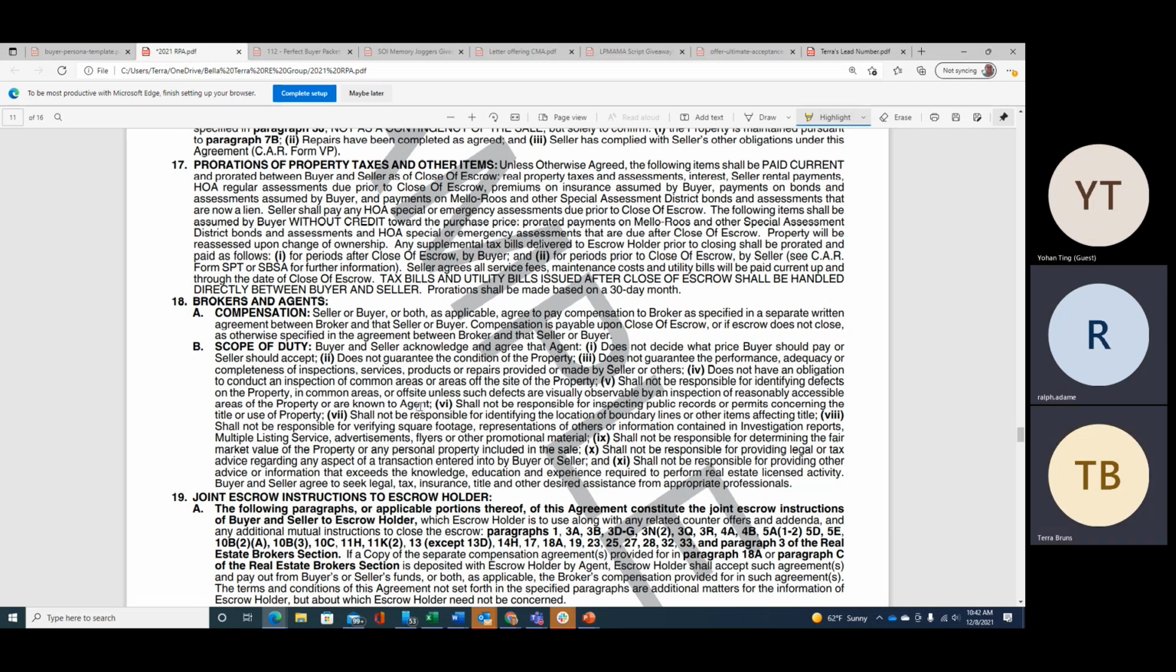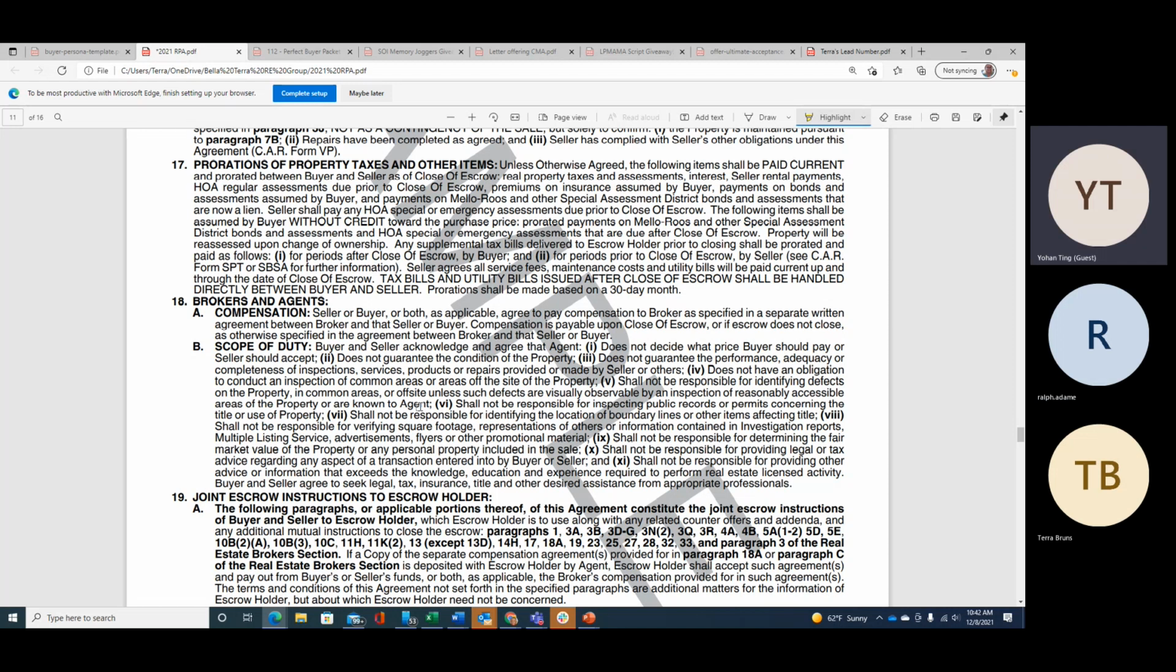Buyer and seller acknowledge and agree that agent does not decide what price buyer should pay or seller should accept, does not guarantee the condition of the property, does not guarantee the performance, adequacy, or completeness of inspections, services, products, or repairs provided or made by seller or others, does not have an obligation to conduct an inspection of common areas or areas off the site of the property, shall not be responsible for identifying defects on the property, in common areas, or offsite unless such defects are visibly observable by an inspection of reasonably accessible areas of the property or are known to agent,